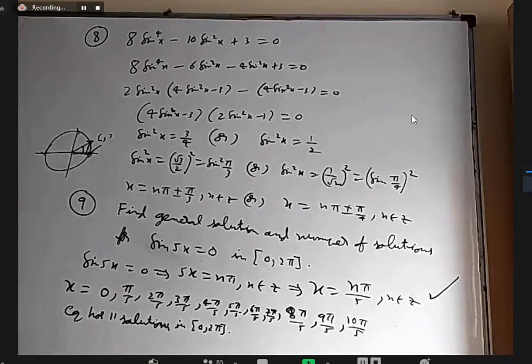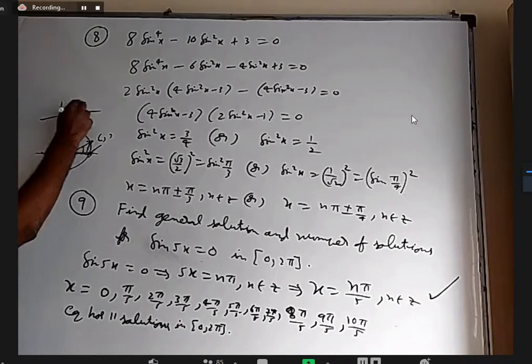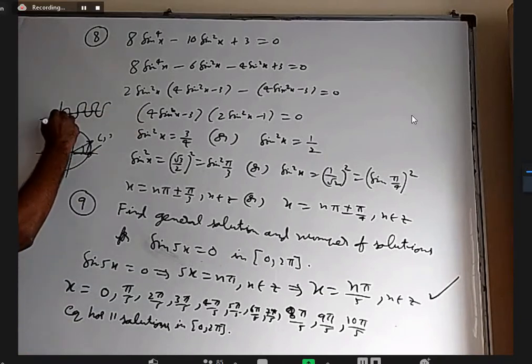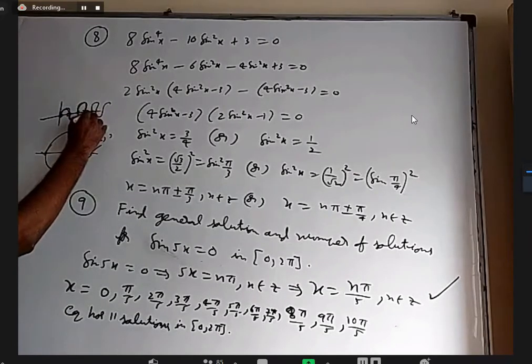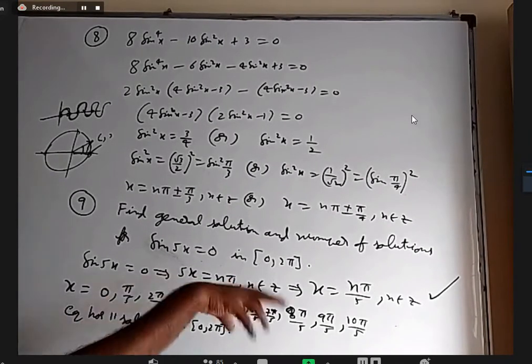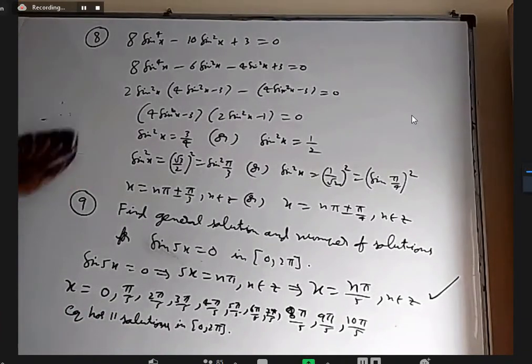You can see that in the graph also. When you look at the sin x graph, 1, 2, 3, 4, 5, like this, each wave will have basically 2 solutions. Again, the next wave will have 2 solutions. And the last point of the last wave also will have one more solution. Like that also you can say 11. Without writing solutions also, we can say the number of solutions. Is it clear, 9th one?